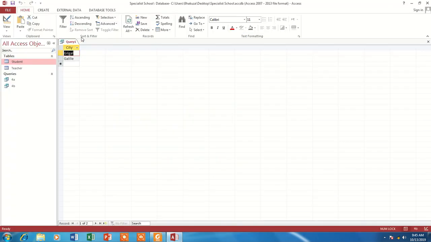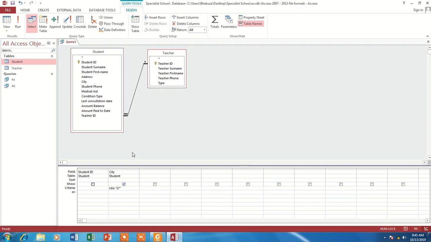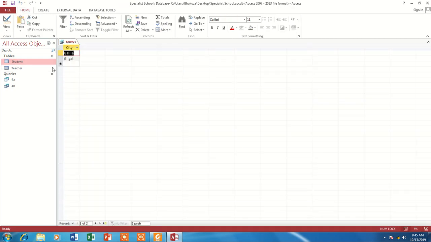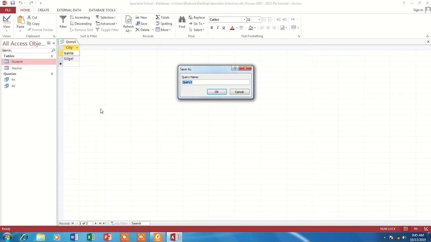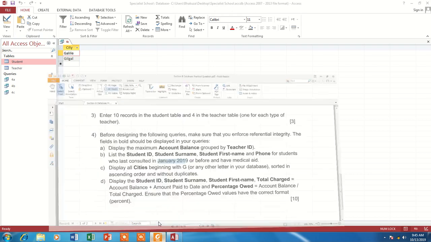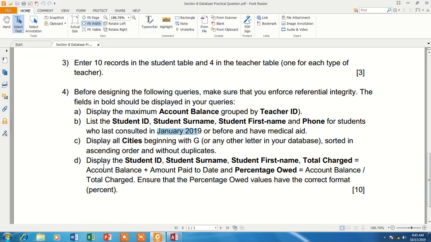Okay, we are so lucky they are not duplicated. We are going to say sort ascending. Okay, run it. Okay, it has been sorted. Save it. That's 4c, and then you save. Okay, let us go to question